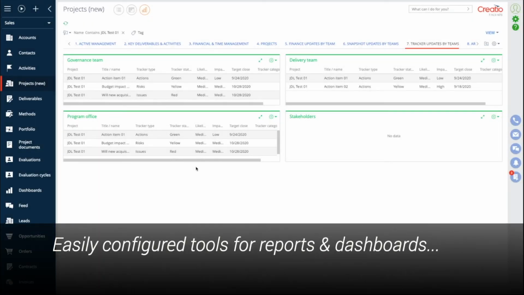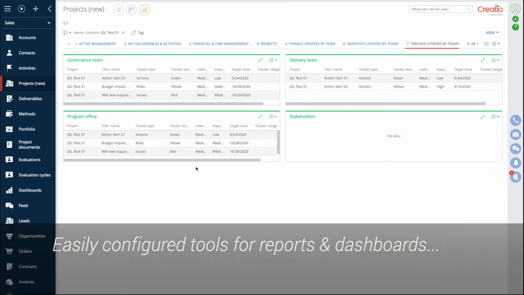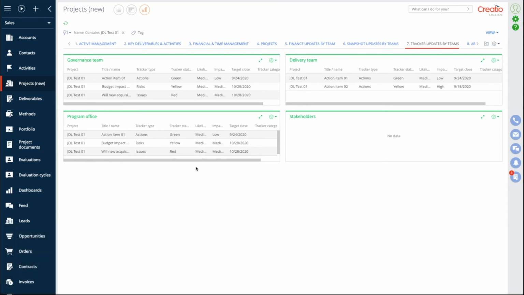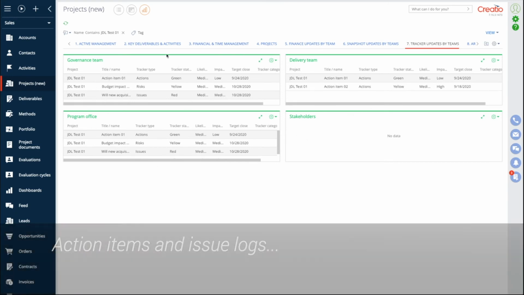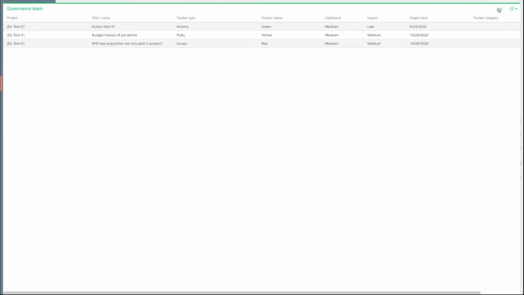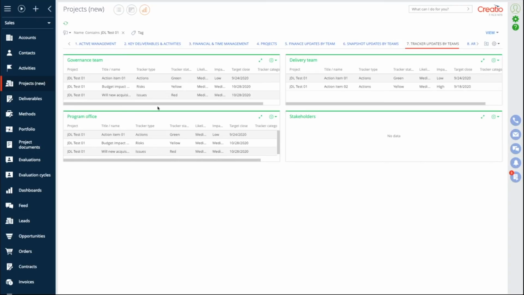We can hardly promote alignment and bring about effective governance and therefore delivery without reports and dashboards. The capabilities, as mentioned earlier, are quite robust. What we see here is lists for a single project that I have selected in the filter up here, so that we have the ability for our 3 tiers of the delivery team to share and discuss statuses.